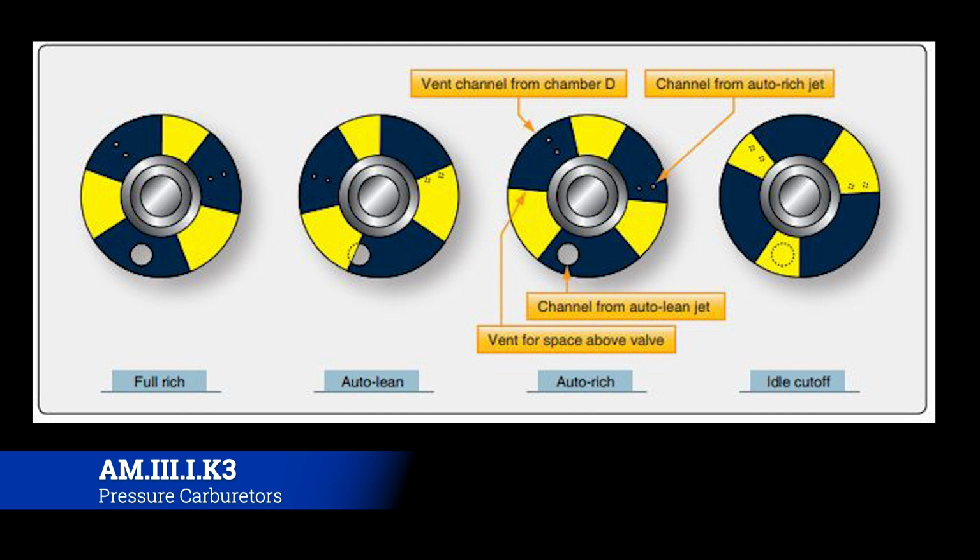And you can kind of see, here's the manual control valve plate that has different openings to allow the fuel to come in or get stopped based on its position, and its position is going to be dictated by the mixture knob inside of the cabin. It's either going to be set to full rich, auto lean, auto rich, or just idle cut off altogether, which means that one of the solid parts of the plate is over the port. They're basically starving the